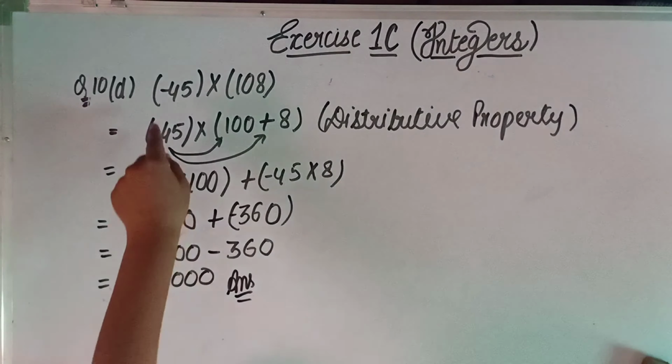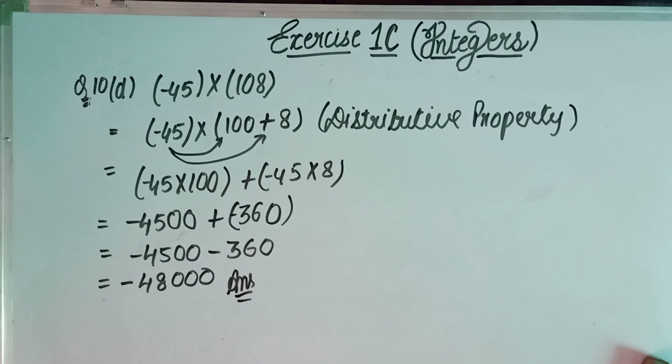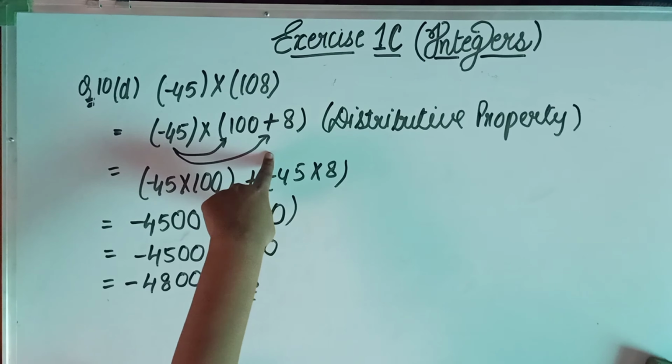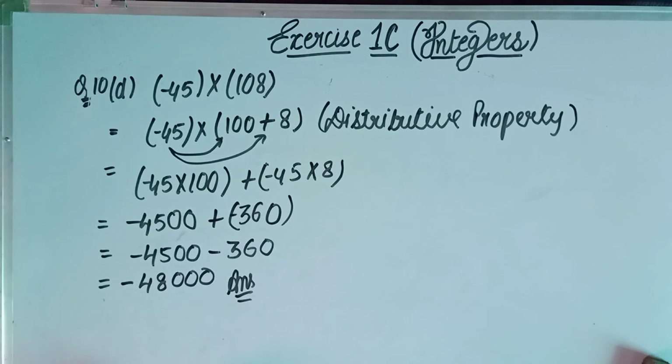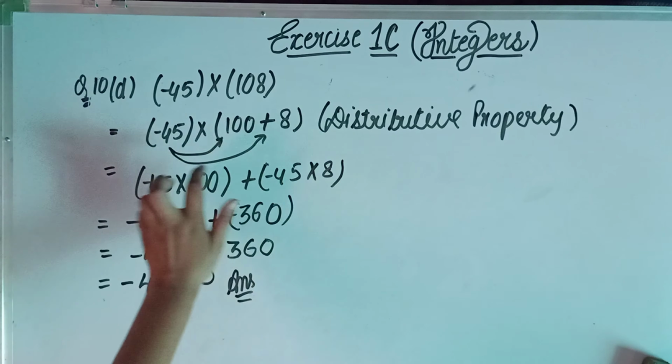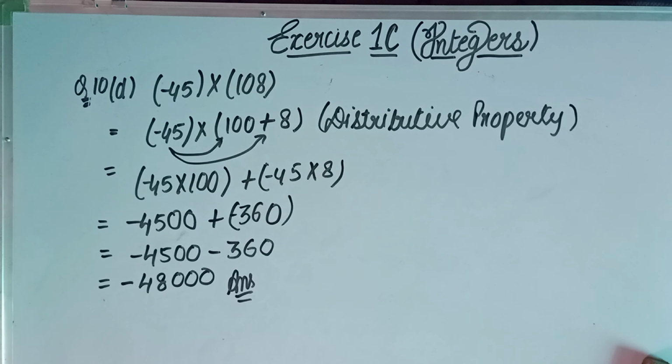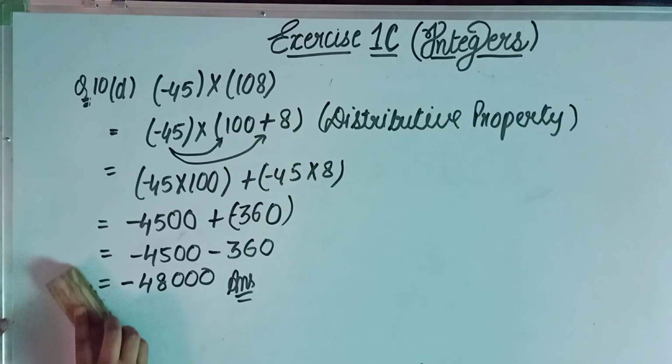Okay, please don't multiply directly, as then no property will be applied. That's why I explained this, because the question is asking that we need to use the property. If you multiply directly, no property will be used. So if you expand this and then multiply, then only the distributive property is going to be applied. Now we are going to move with the E part.